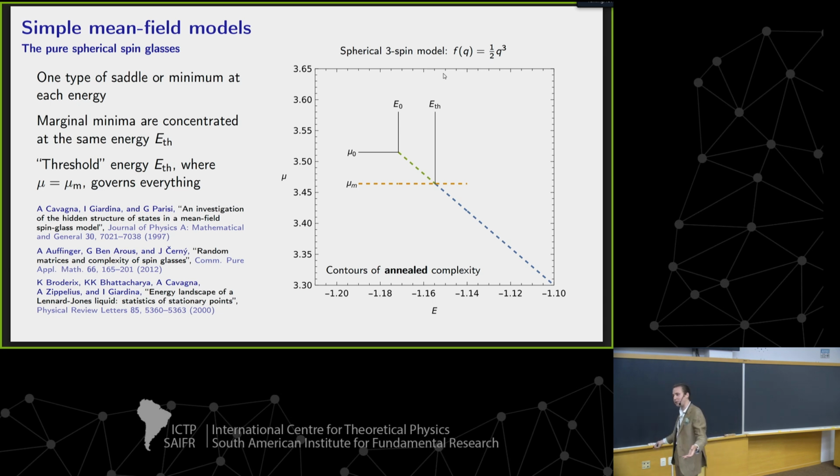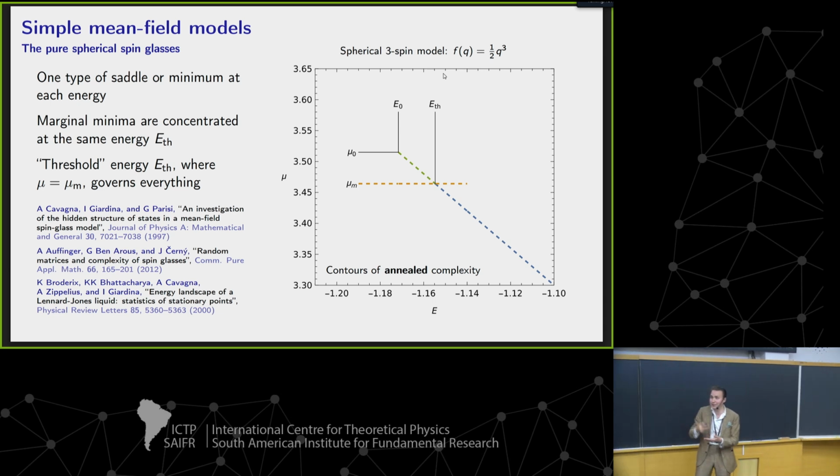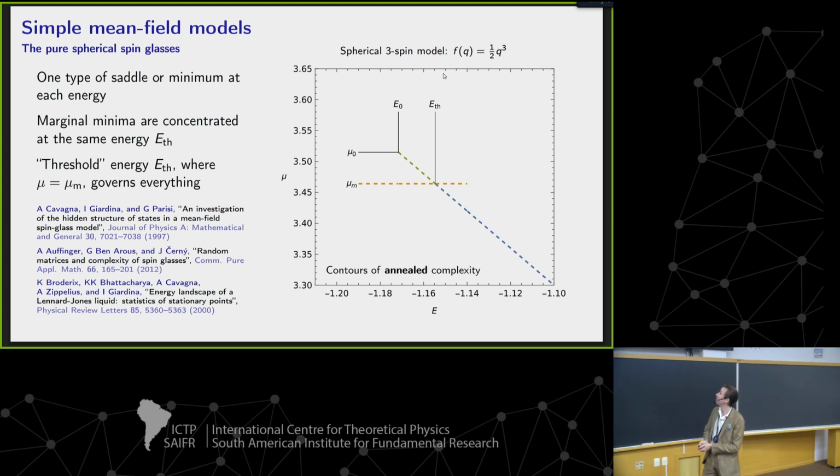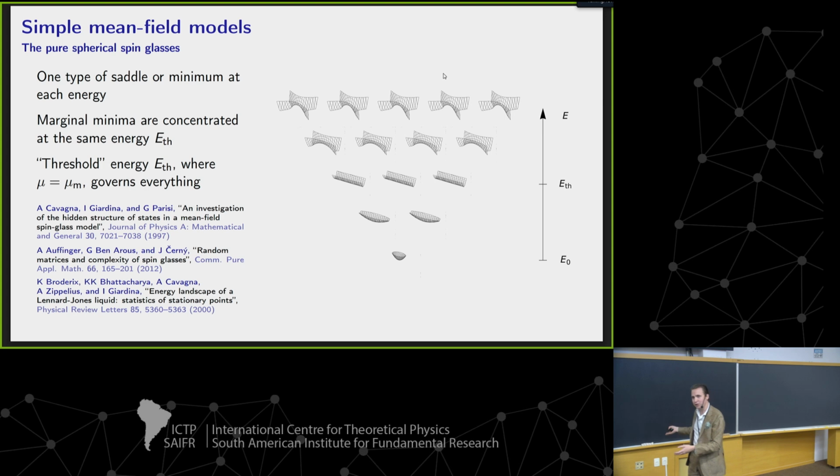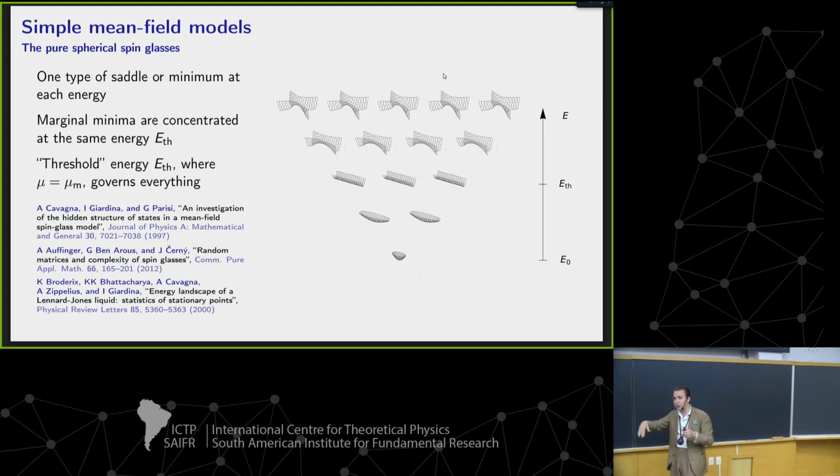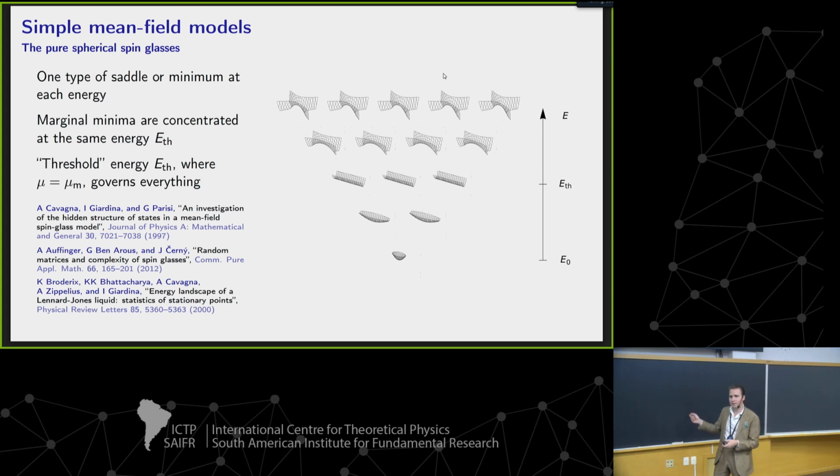And this is exactly the picture that I motivated earlier, right? We have literally in the large N limit, every marginal minimum, all these low index saddles, concentrated at the same energy, which in fact happens to be the very energy which you find no matter what sort of protocol you use, as long as you go low enough in temperature. And so this is the qualitative picture of what we have here. You're descending the landscape, say, gradient descent or annealing, and you're encountering lots of saddles as you go down in energy, but all those saddles have the same form, the same number of downward directions. And eventually, you stop.